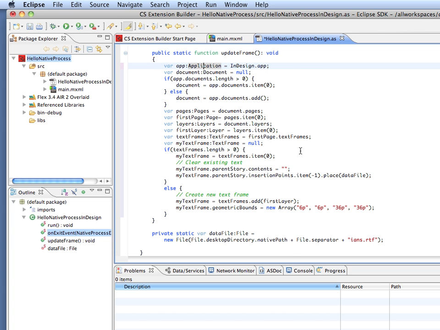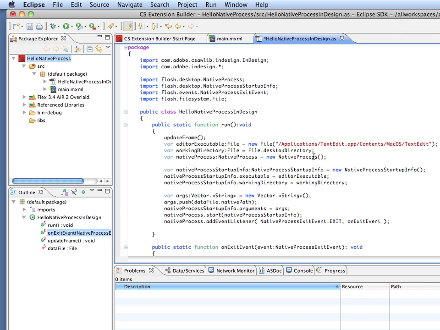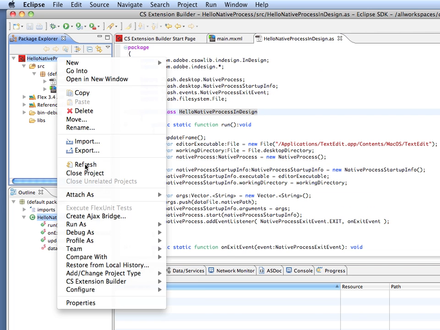So my hope is that when I run this code, it's going to create an instance of the text edit application. It's going to open a file called ians.rtf from the desktop. And let's just try that and see if it works. So let's just check and see if it's going to compile. We may find that we have to find some additional symbols. No, it's fine. Right, so let's go,